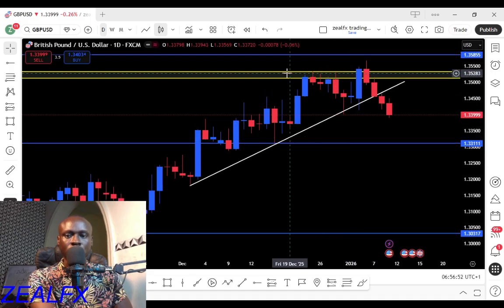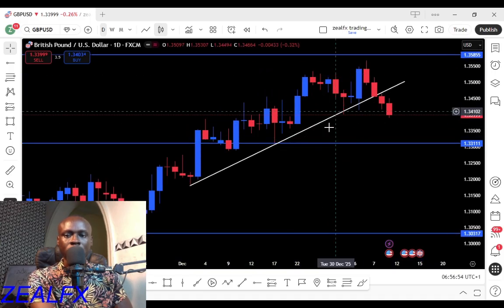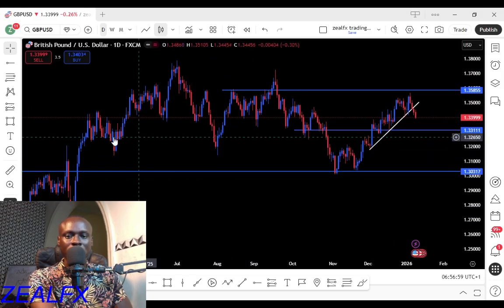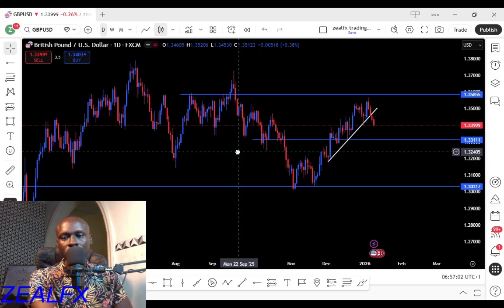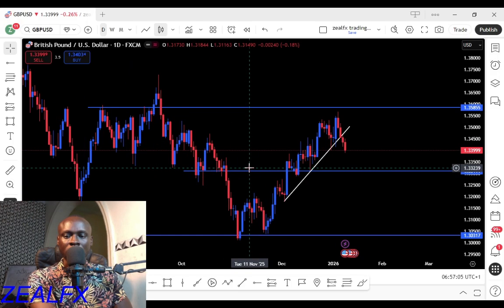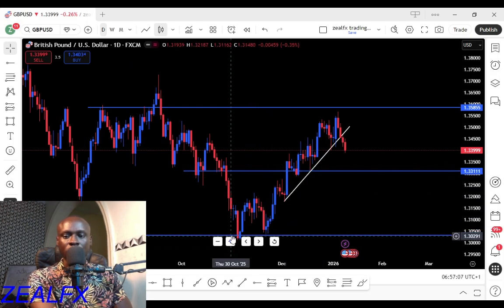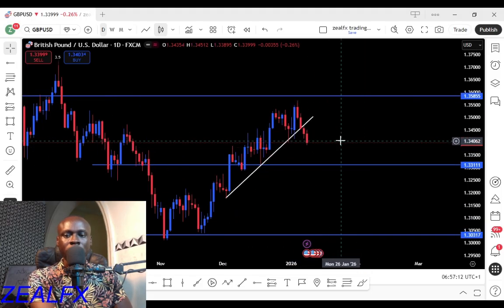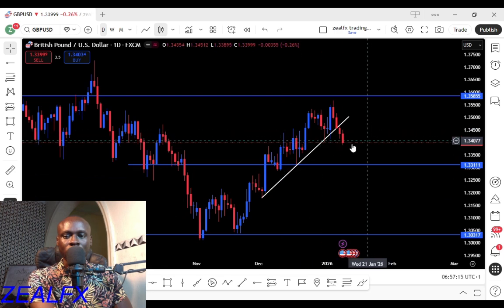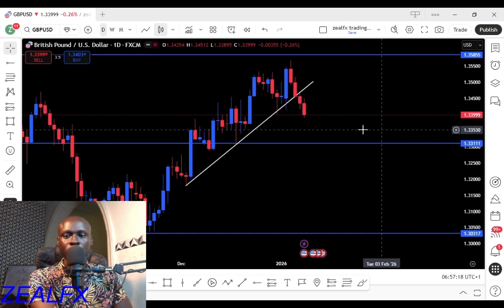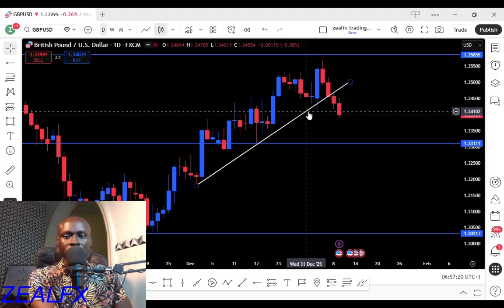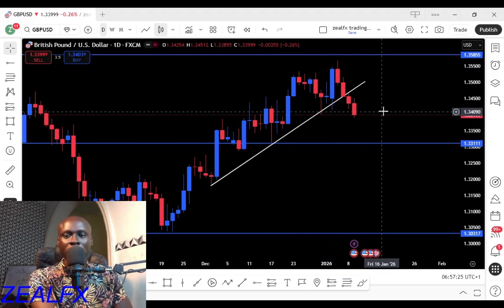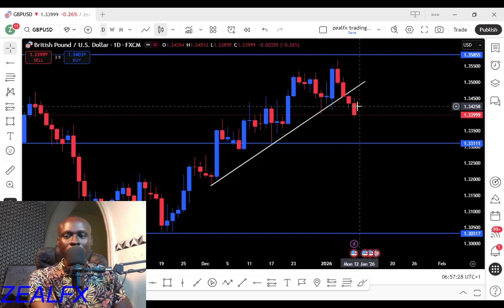So let's look at the major structure of the trend on the Pound USD on the daily chart. Our trend on the daily chart for the Pound USD still remains bearish. So long as we have this bearish trend on the Pound USD, we have this inner structure move, which is a lower low and then a series of higher lows. This series of higher lows indicates an inner structure bullish trend for the Pound, but price has closed below this higher low. So long as price closed below this higher low, this indicates possible reversal of price to the downside